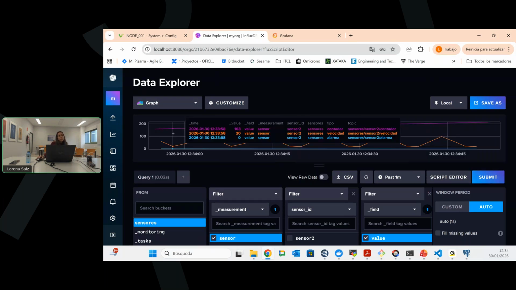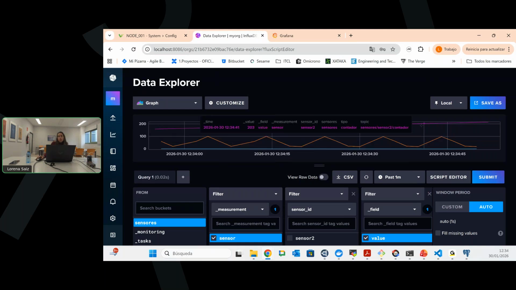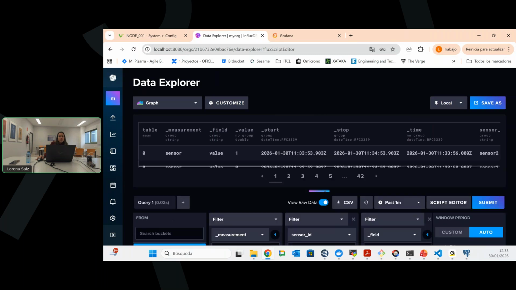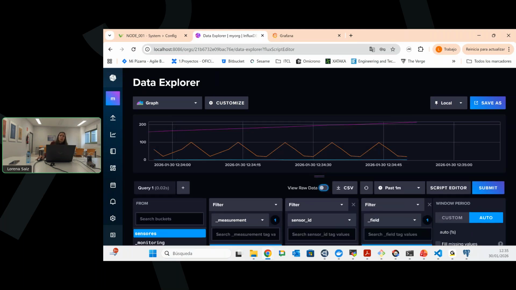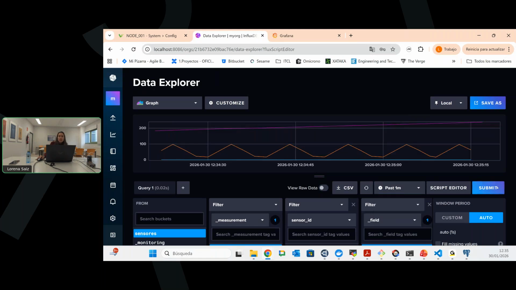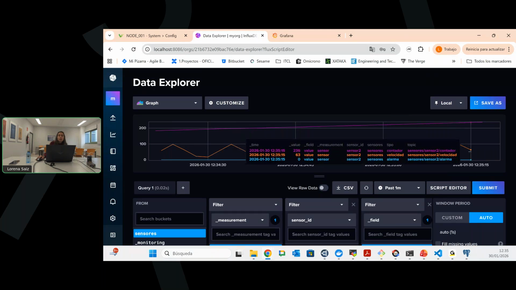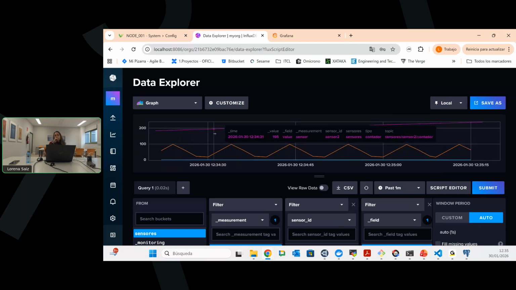here in this graphical web tool, you're able to see in a raw view the data we are getting, and also in a more representative graphical way. You can just make the request of the data for the last minutes, or you can validate that you have received data. You've been receiving data, and your Telegraf is working, and it's putting the data on the bucket you have selected. So